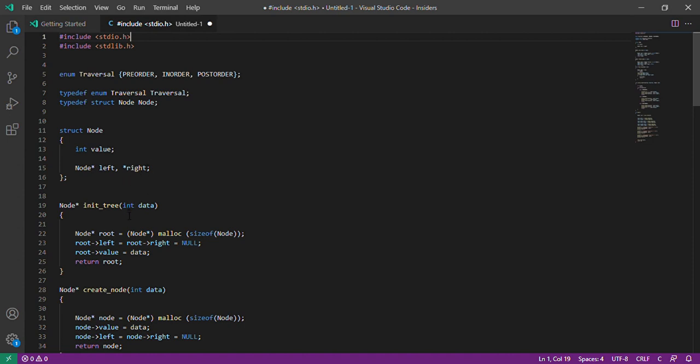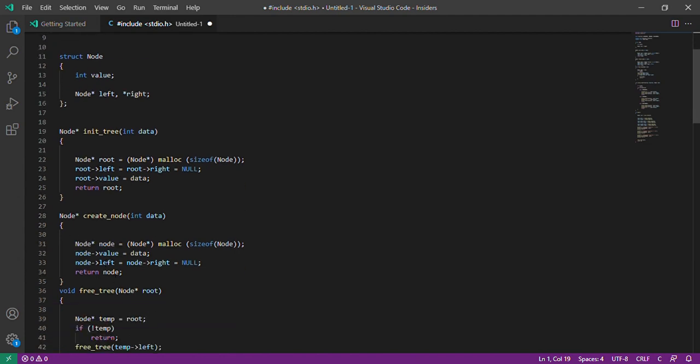Then next, this function creates the tree and returns the root node. Then next, we see create a new node.